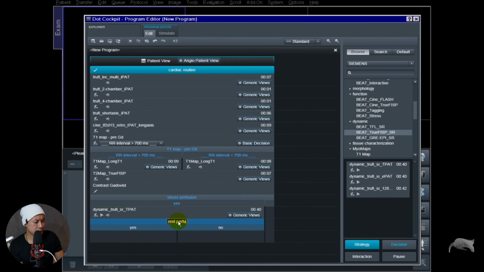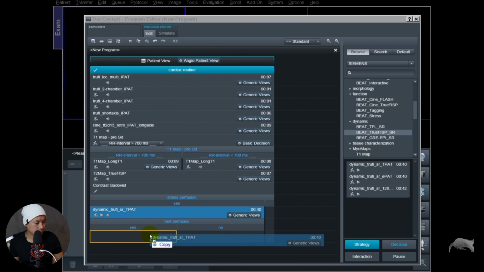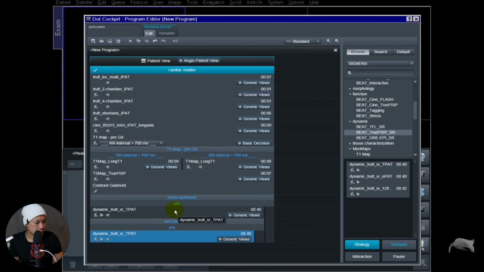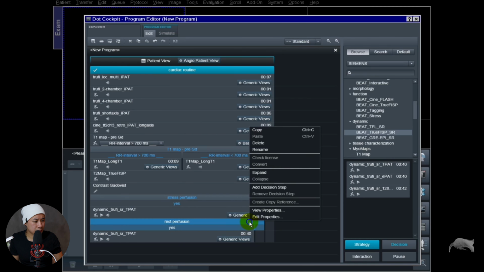And we're going to have a new decision right here, rest perfusion. And you see whenever I'm dragging it over, it goes under the yes. I don't want it to go under the yes. I want it to be its own. So we need to expand it. But first, let's use the same sequence, of course. And if you look at this protocol now, it can be a little bit overwhelming, too much information, right? But just keep your mind calm and have time for this and do it correctly, so it'll be easy for you. You can see here, I just right click and then I will expand it